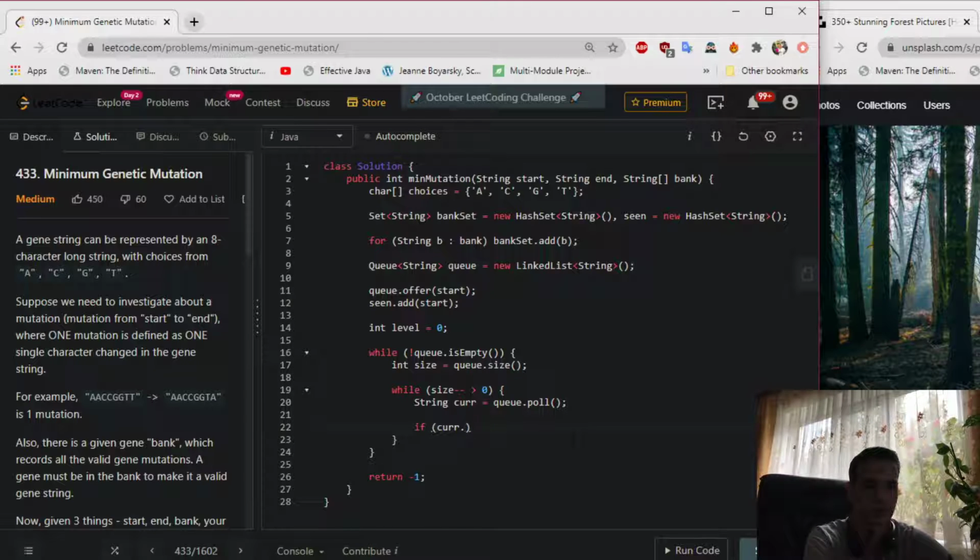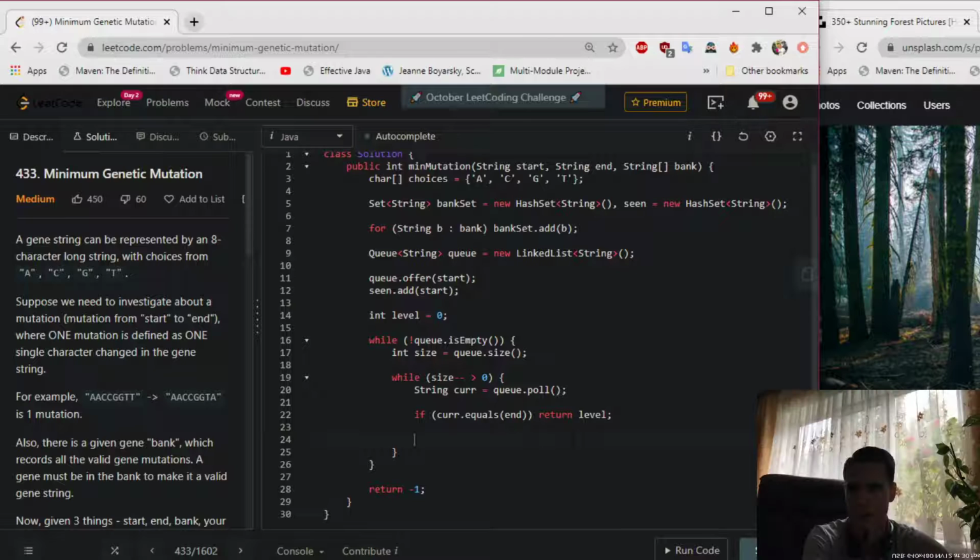If it does, then we return the number of steps required, the number of mutations, return level. Otherwise,